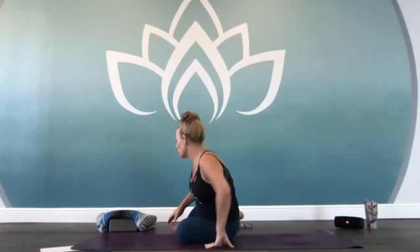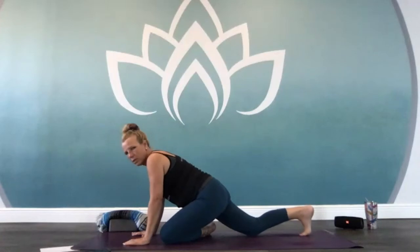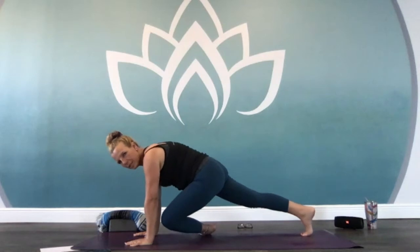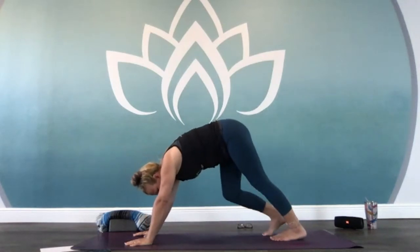And then when you're ready, coming out of your swan or pigeon pose, you might curl the left toes under, plant firmly into your hands, straighten out, stretch that leg, press in, lift the hips so that you can get the right leg back and come into downward facing dog,